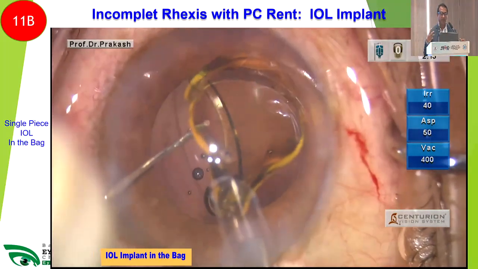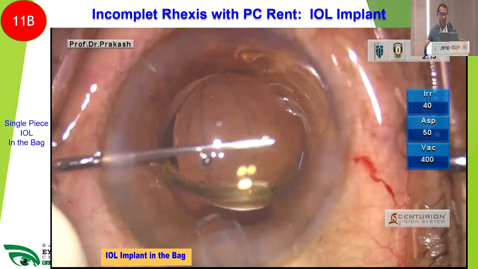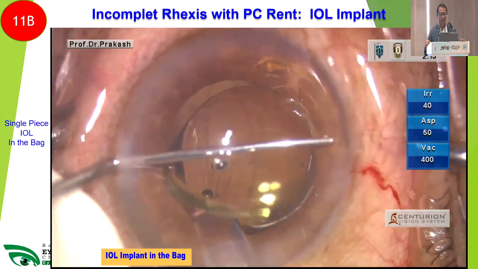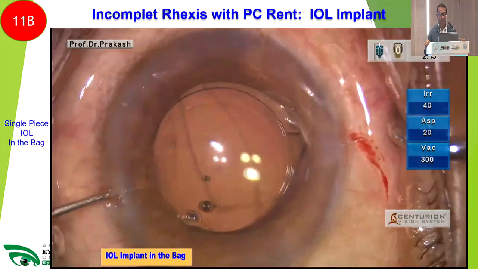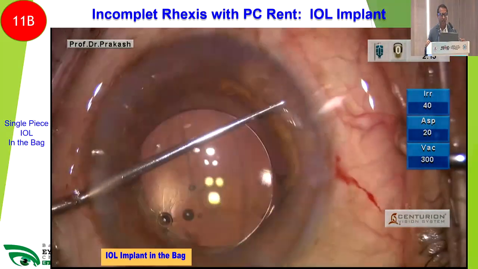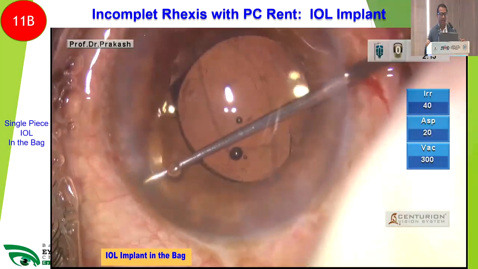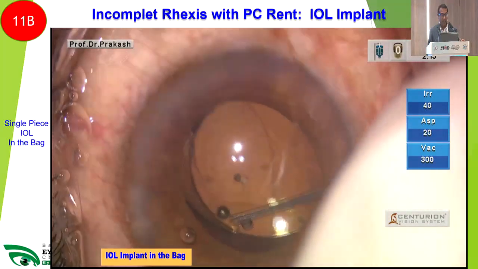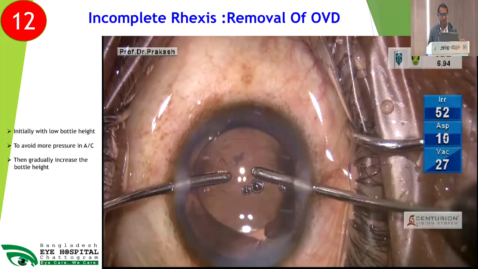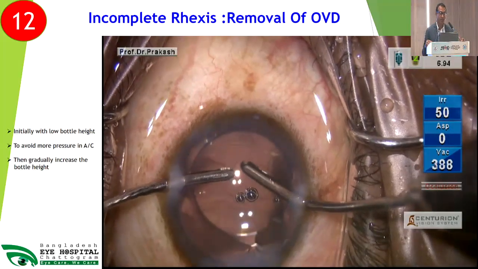I first place the IOL into the anterior chamber, not directly into the bag. Then through the side port, I first dial one haptic into the bag, and with the same technique and dialer, I push the other haptic into the bag. And thorough removal of the OVD is very crucial to prevent a postoperative rise of intraocular